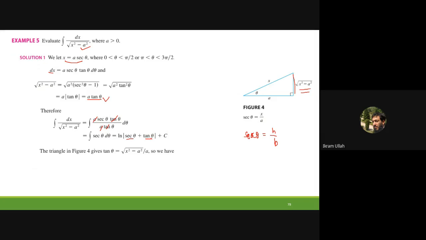Tangent theta is basically equal to the perpendicular divided by base. So this is the perpendicular and this is the base. So this is equal to the square root of x square minus a square divided by a. So we have ln of x divided by a, since secant theta is equal to x divided by